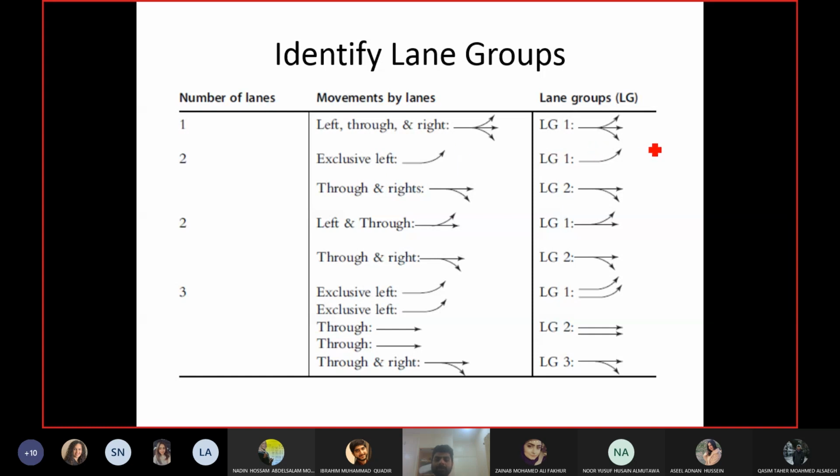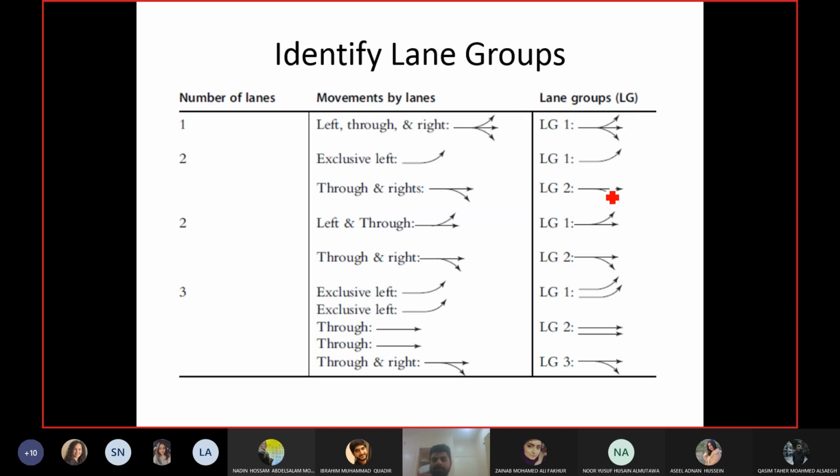Then you identify the lane groups. I have already discussed the lane group and the movement groups in the previous slides as well. So lane group consists of all lanes which are having the same movements and thus having the same capacity. Okay, so the capacity of the movement will change if your assignment of the movement to that lane will change. Okay, so for example, this lane, the first one, will have different capacity than this one because this lane is incorporating 3 movements. Okay, and this one is only for exclusive left turn.